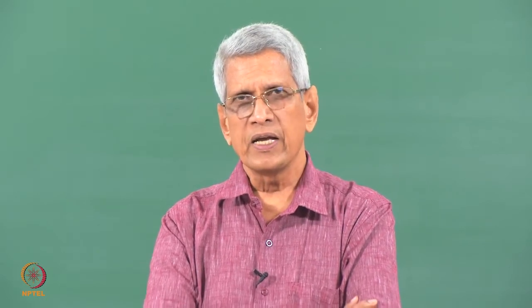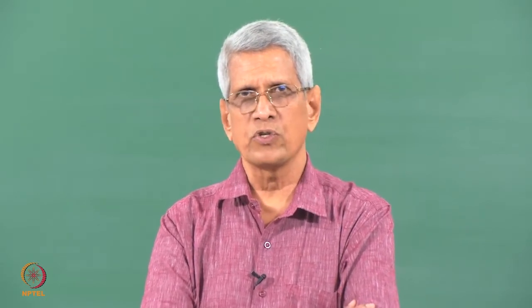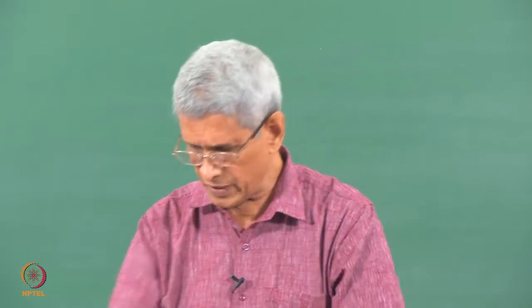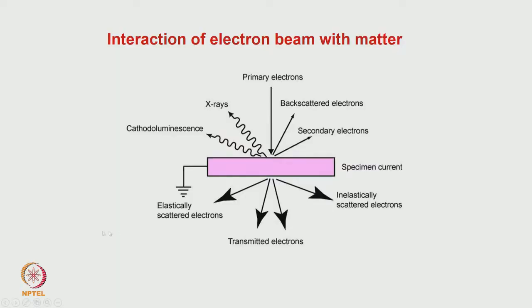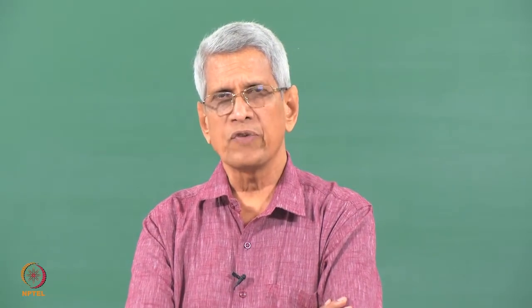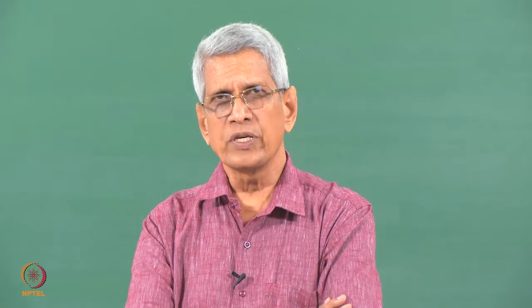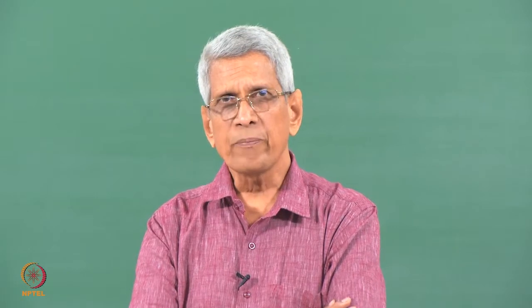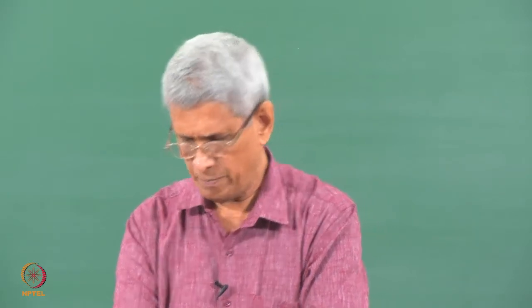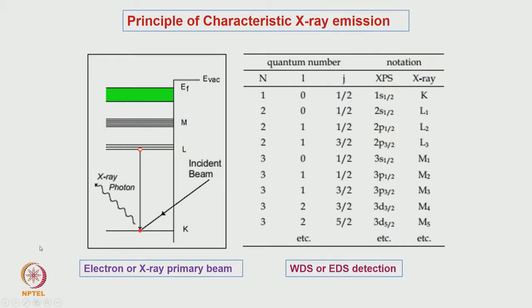But when this inelastic scattering process takes place, the consequence is that the ionized atom has to come back to the ground state. They result in the form of X-ray emission, characteristic X-ray emission, or in the form of Auger electron emission. And another important advantage with electrons is that the electron beam can be focused to a very small size, because of which we could get, using characteristic X-rays, information about the composition of the sample surface from very small areas of that sample.